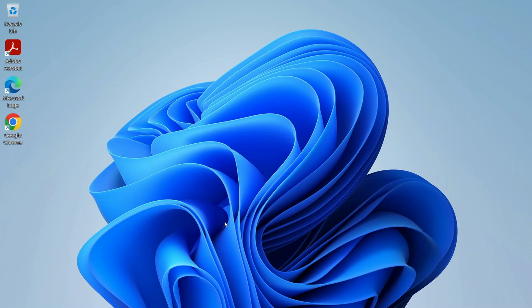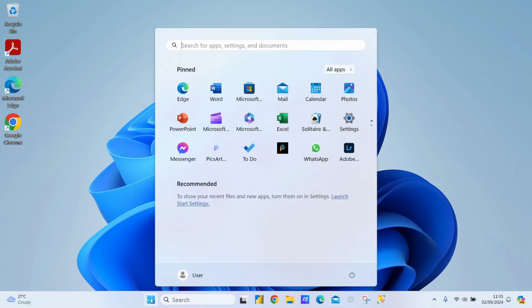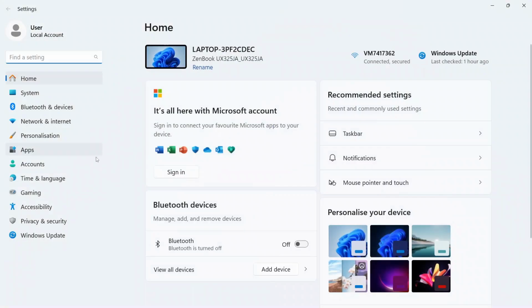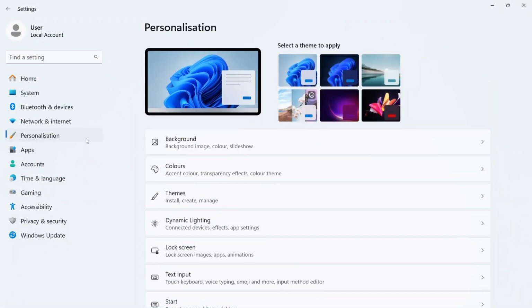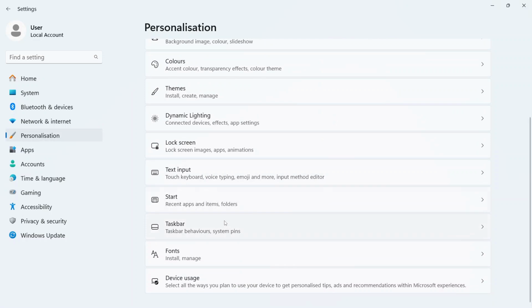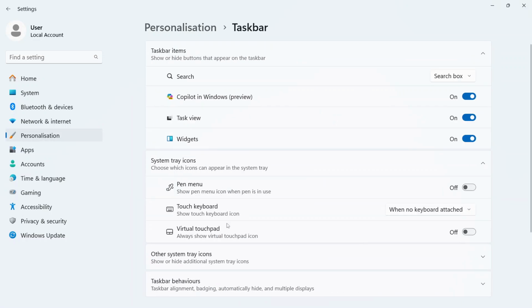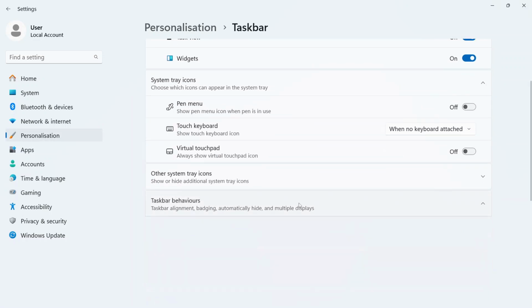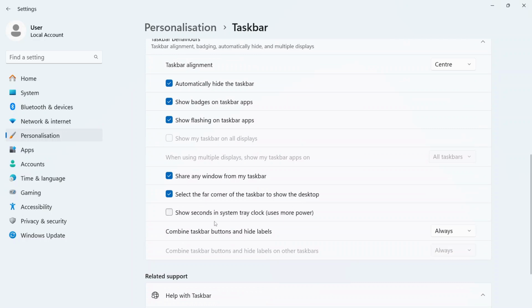To achieve this, go to the start button, click on settings, go to personalization, scroll down to taskbar, scroll down to taskbar behaviors, scroll down to the option saying show seconds in system tray clock uses more power. So this will drain your battery power a bit faster. But let's select,